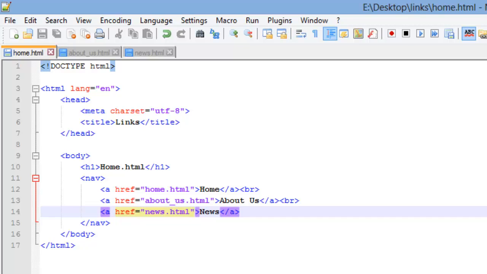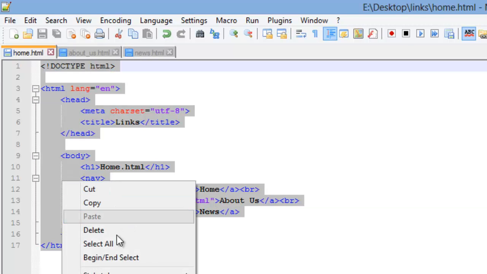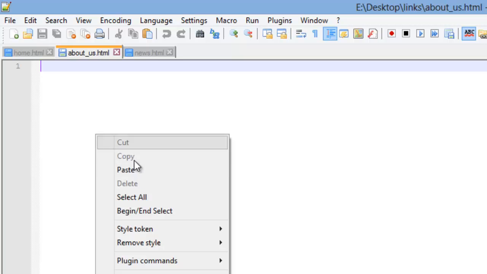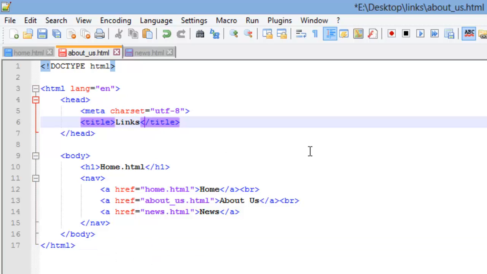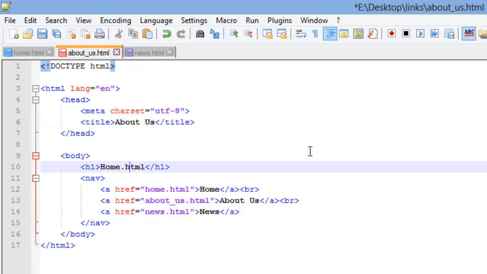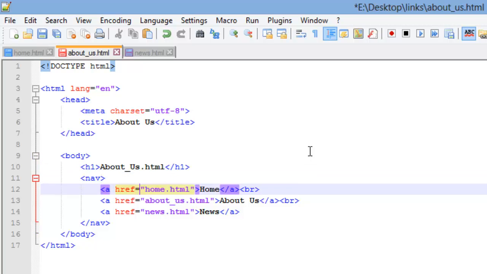Alright, I'm going to save a little typing time, and I'm just going to select all of this, and I'm going to copy it. I'm going to paste, and then paste. Move back to the About Us, and I'm going to change the title to About Us. And then move down here. This is no longer the homepage.html, it's the about_us.html. Alright, and these links right here, I don't have to change at all